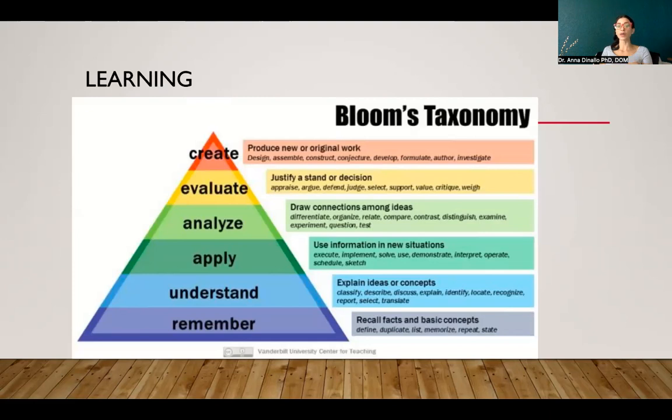For me, any graduate class really involves this creative energy because we have to start with the foundation of, can you recall some facts, some basic concepts? Can you walk away from this PowerPoint with 3 new things that you didn't know before and be able to explain them to a colleague, to a patient or a client? And then can you understand, right? Can you see patterns in all of this? Explain more of the complex ideas.